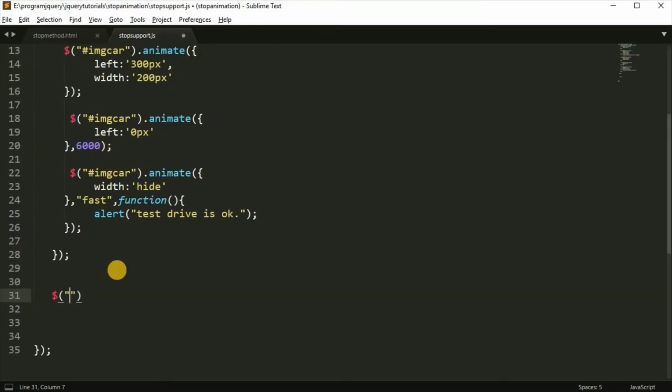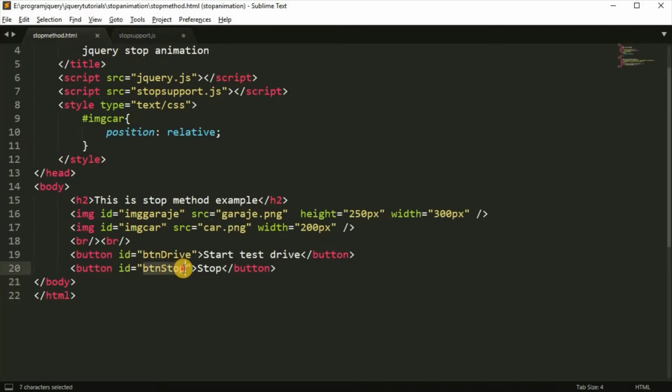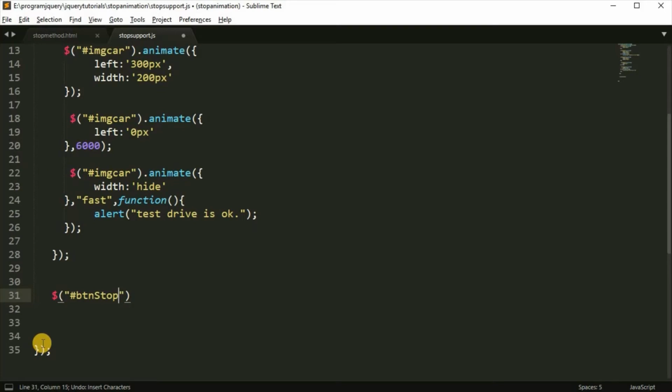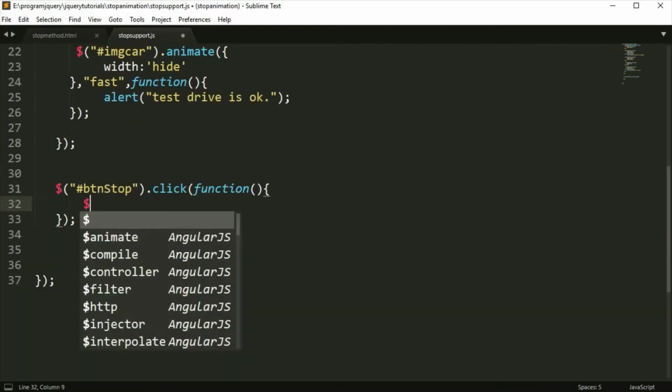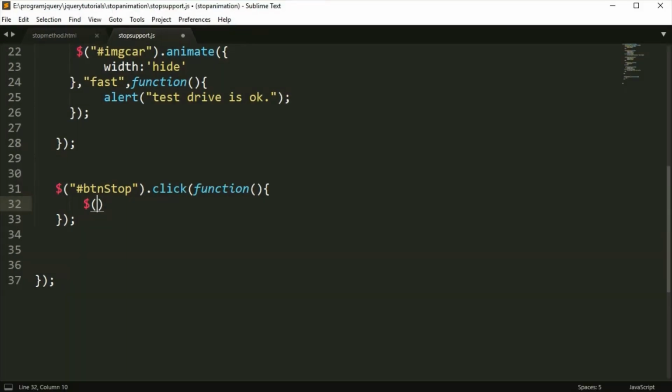$("#btnStop").click(function() { and in curly braces $("#mgcar").stop();